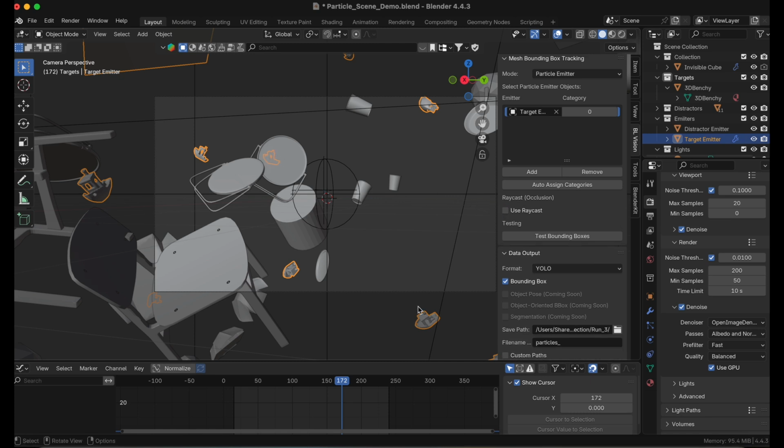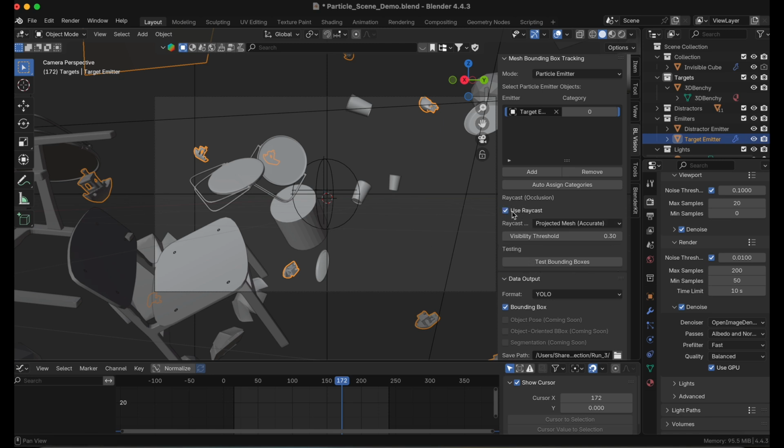If we were to turn this off and then test the bounding boxes, we get 5. So it looks like there's another one that's detecting somewhere in here. So 1, 2, 3, 4. Not sure exactly where the 5th one's coming from, but not that accurate. So what we'll do then, again, going back to the accurate method,